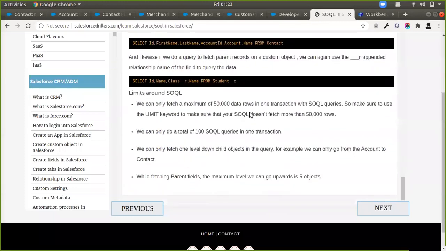Now, after this, there are certain important limits that you need to keep in mind, which are all there on our website, but I'm going to go through them one by one. As I told you before, we can only fetch a maximum of 50,000 data rows in one transaction in SOQL queries.